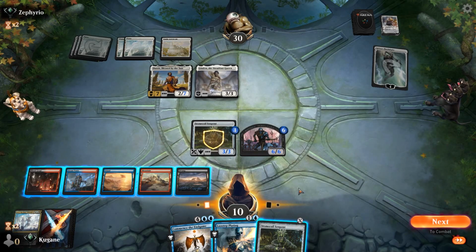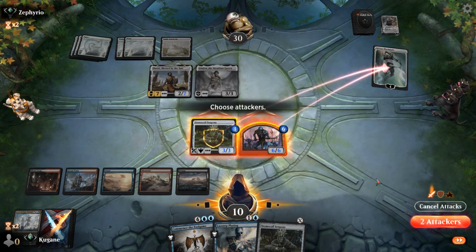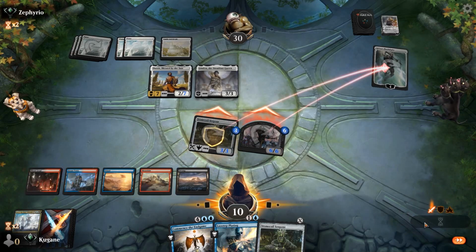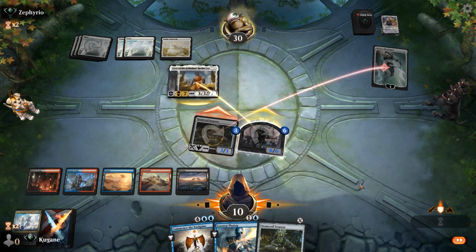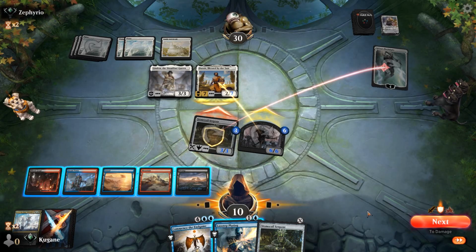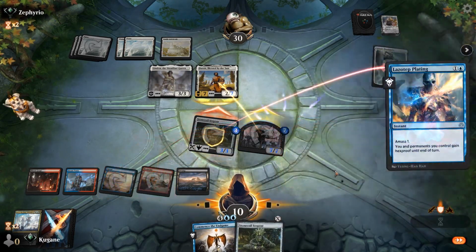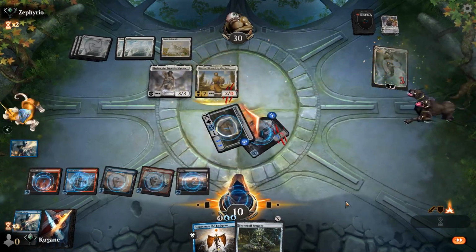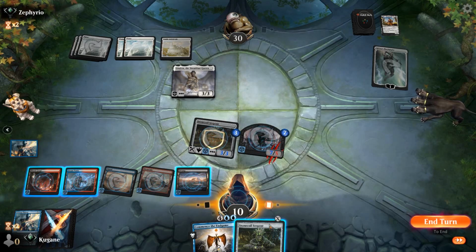I mean, I should attack, right? So let's go in with both of these onto the Gideon. They might block one, but that's not really beneficial for them. Oh, buddy. There we go, a little buff right there, and the Daxus is dead, and the Gideon still lives, but that's